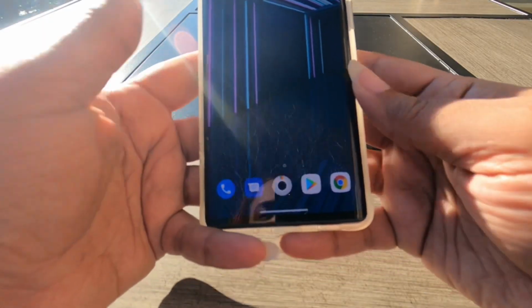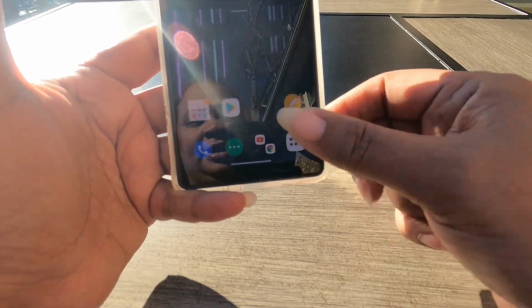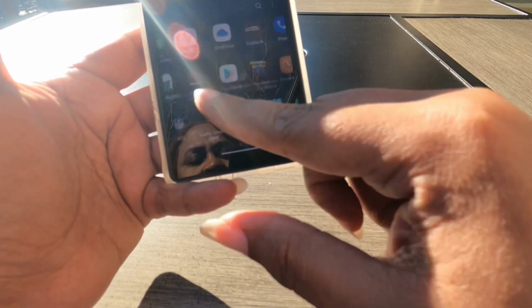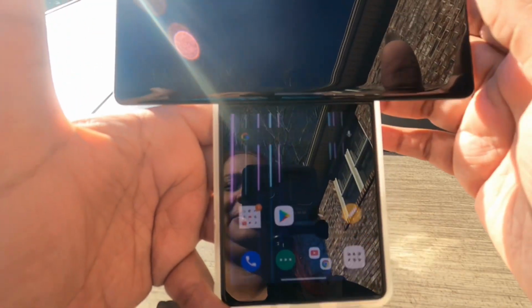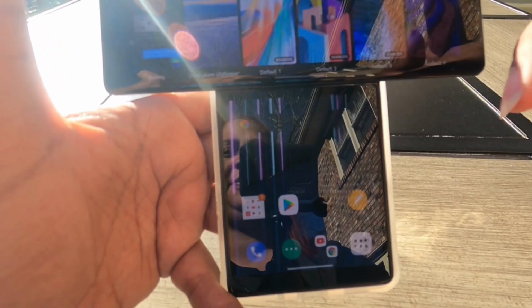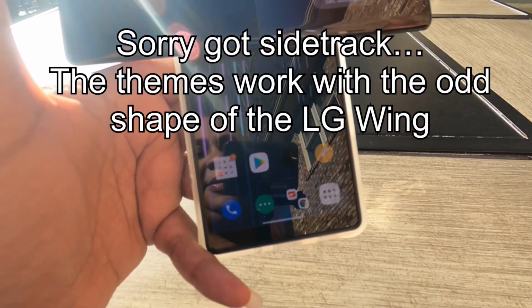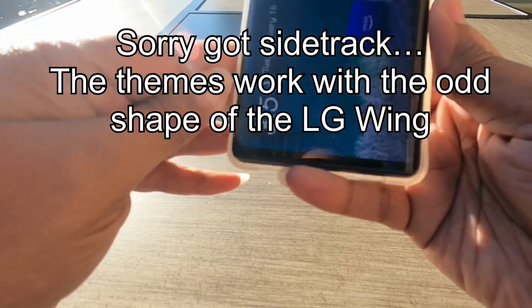The screen is beautiful. I was impressed by the number of themes and things that they have set up for this phone that take advantage of the screen. So go to settings, wallpaper, and theme. There seem to be tons and tons of seamless themes. Oh, I didn't see this one. I love the ocean. So if I close it,